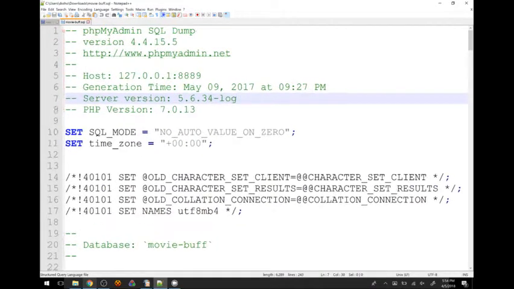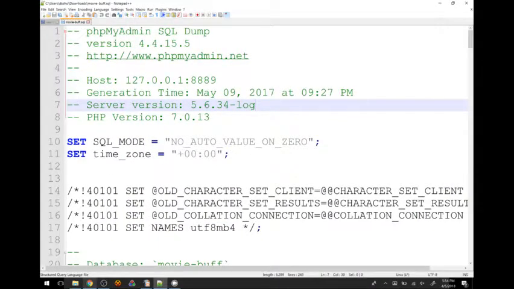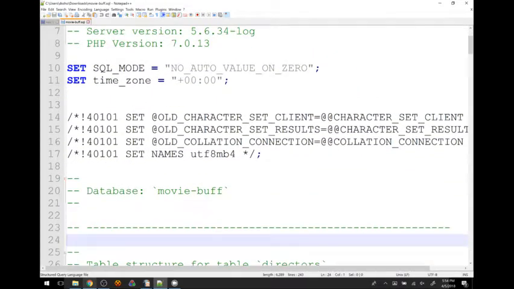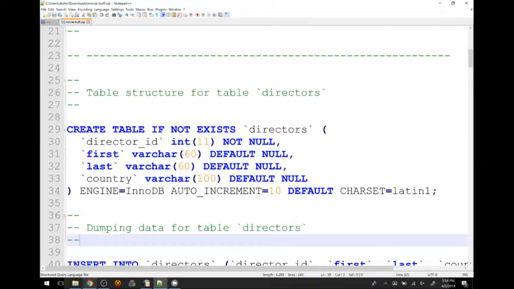So here is what's inside of this file, and right up at the top you see, okay, this was made last year, around May. You see some stuff that we haven't really seen before, set SQL mode, set time zone, and then all this fun stuff here. I'll be honest with you, I don't know what that stuff's doing. I have no idea. But I bet down here, all right, perfect.